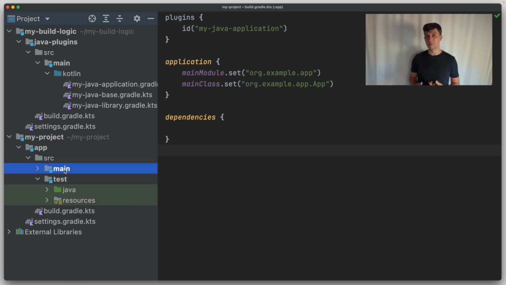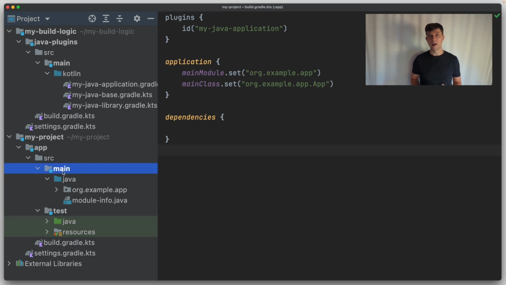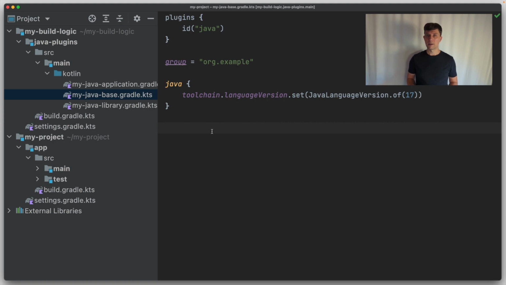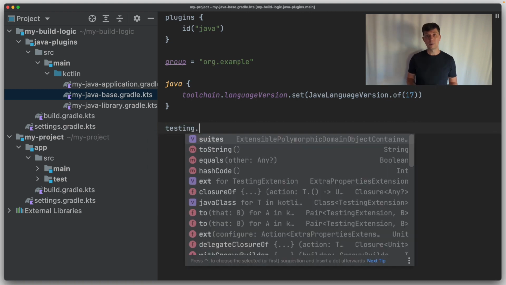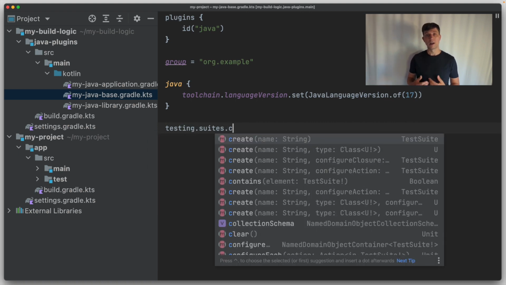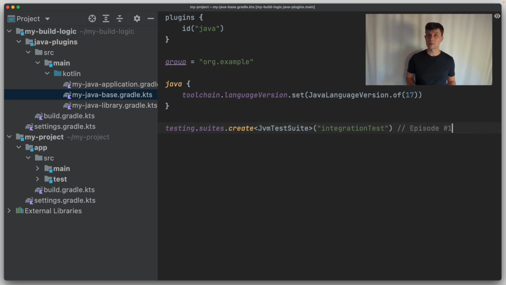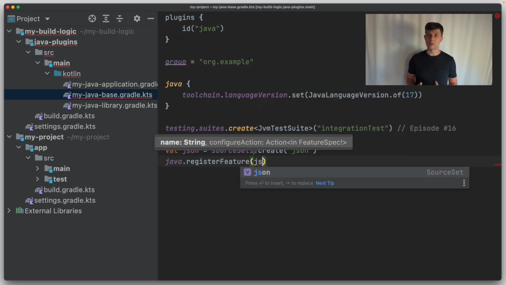In Gradle terms, these folders, src/main or src/test, are called source sets. The main and the test source set are automatically available as soon as you use any of the Java plugins. And you can add additional source sets, for different features we have explored before, like additional test suites, or feature variants, or test fixtures as a specific feature variant.